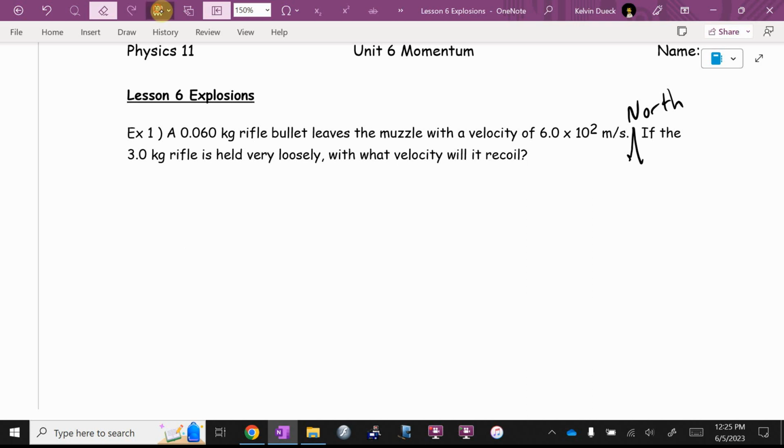So you can start out by saying the sum of all the momentum we start with is going to be equal to the sum of all the momentum we finish with. That's the law of conservation of momentum, how I chose to write it on your formula sheet, because that's the shortest way I can write it. Lauren, before we pull the trigger, what's moving? The bullet, the rifle, both, or neither? Don't panic, it should be obvious. So before I pull the trigger, what's my initial momentum as a number? This is going to be kind of weird, but it's going to be 0 equals,